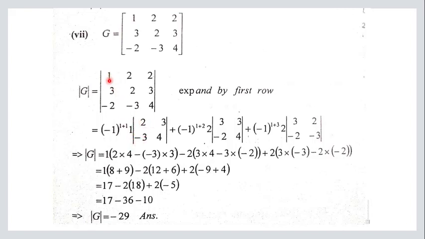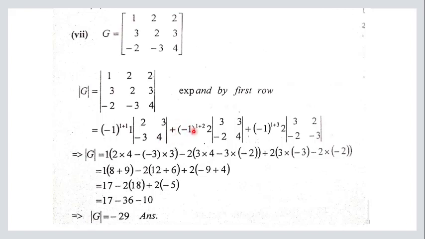Now if we are expanding from this first row, this is the first column and this is the first row. Ignore this first column elements and this first row elements, so you are left with only these elements 2, 3, minus 3 and 4. So you will write 2, 3, minus 3 and 4. After this you will write plus sign, and then again you will write minus 1, and you will close this